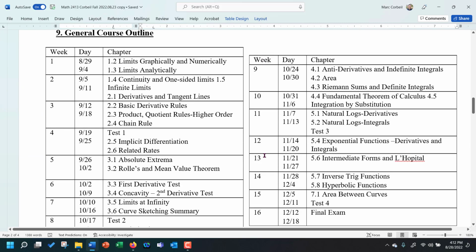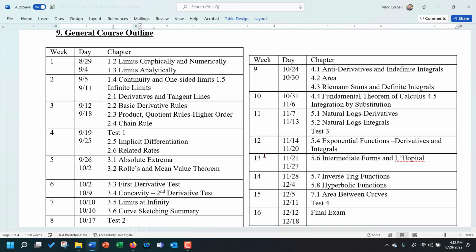So, getting really down into the specifics, this is the calendar of stuff and how we're going to break it down. We're going to start right away on Monday with the limits and graphing. We're going to work through that. We'll work through chapter 2.1, 2, 3, 4, all the way to 2.4. Our first test will be on that material, so 1.3 to 2.4. That's basically going to be on test 1.